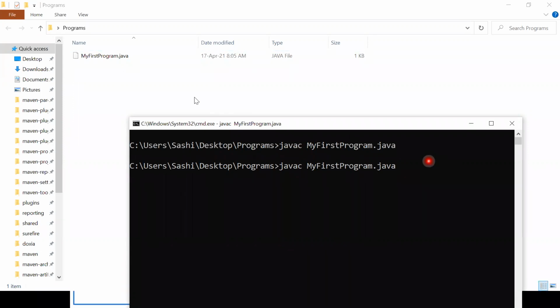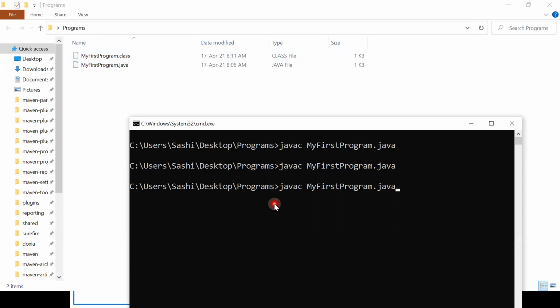Just see. Yes, it has created one more time. In case, without deleting, if I again compile it, it will overwrite. It will create the new file and delete the current file and create the newer one. You can observe by using the time difference. This is what is happening in the background.